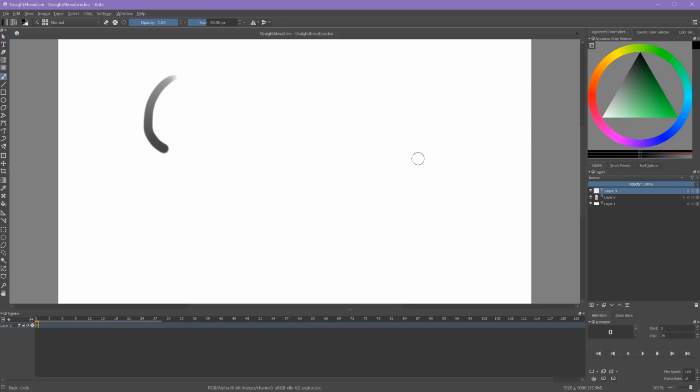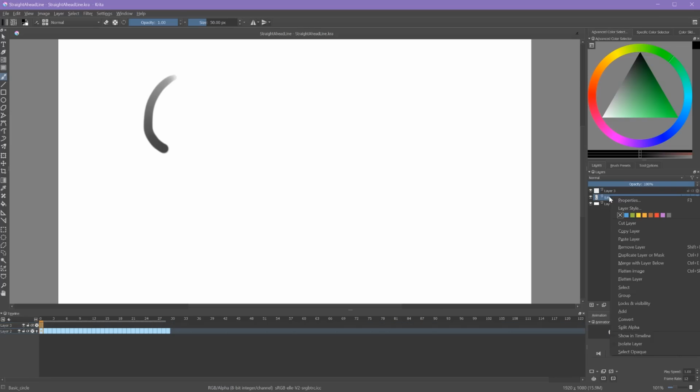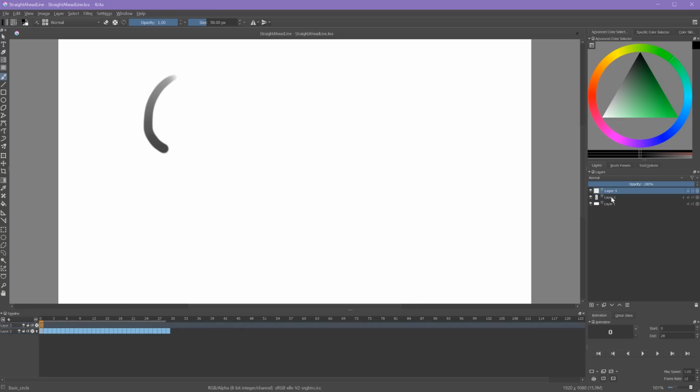Well, this is a feature in Krita to keep from having so many layers displayed at once. Animation can be kind of cumbersome that way. So instead, what you want to do is for every layer that you want to work on, you want to right-click that layer and select Show in Timeline. And I'll do the same for my layer number 2. Right-click and say Show in Timeline. And now, no matter which of these layers I pick, both of these layers will show. They're both permanently stuck there, as long as that Show in Timeline checkmark is checked.